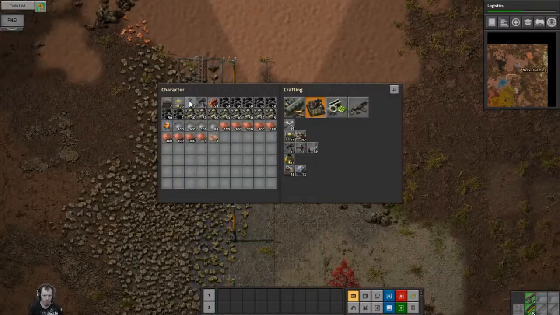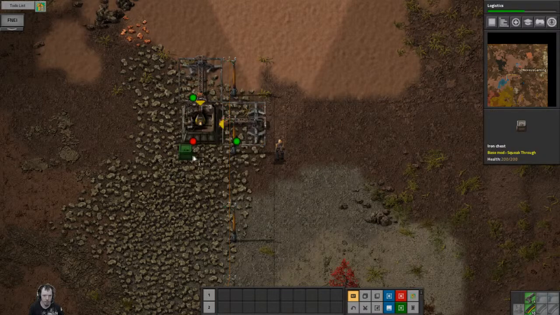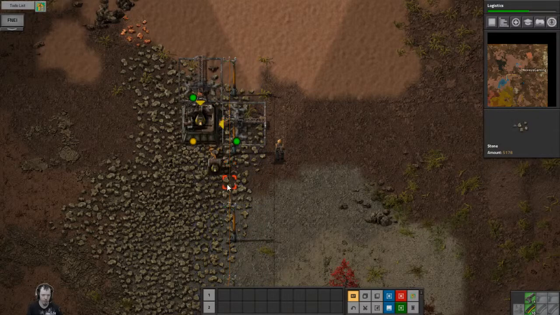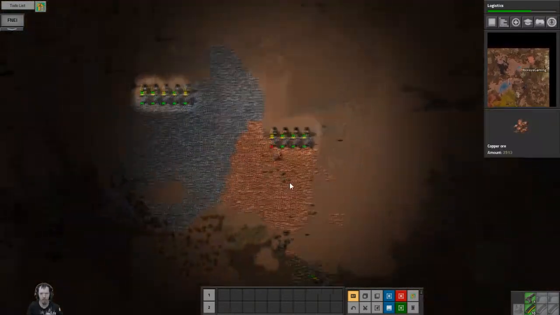All right, so what this is going to do is it's going to make us these. And then we're going to say we want to put a box here. And then we want to make our first electric inserter. And you're going to output into here. Awesome. Now this is going to start making us the furnaces that we're going to need to start smelting when